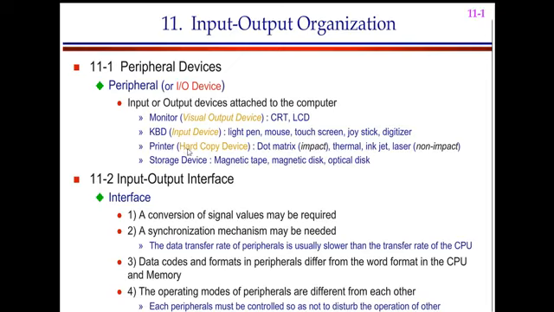Now let us come to the input and output interface. Why do you require an interface? Because the processor cannot directly communicate with everything. Your processor works with one type of formatting, whereas your mouse and keyboard understand a different language. Everyone has a different language, so that is why you need an interface.